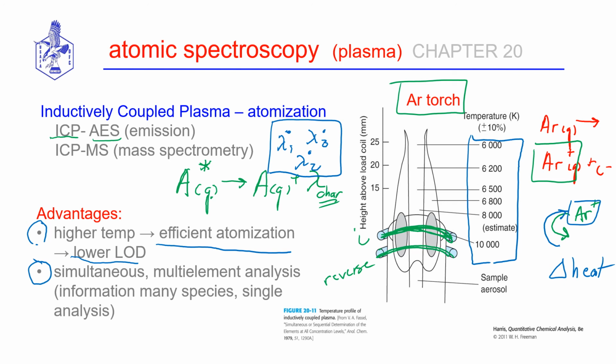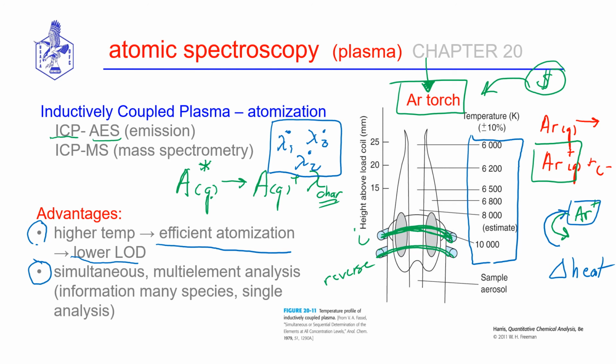They cost a lot more. The torch costs more than a flame burner nebulizer system or electrothermal system. The cost comes from a couple of aspects. The instrumentation is more expensive, but we are also combusting argon gas, and that is a consumable that is very expensive. The other alternative to the detection is, instead of using a charge coupled device to measure all those wavelengths,